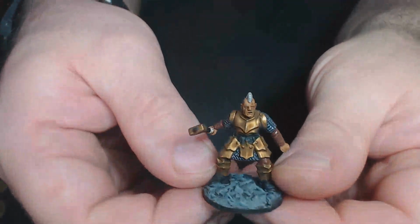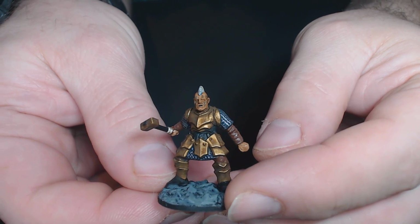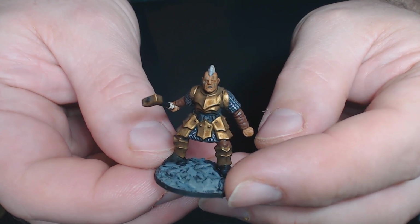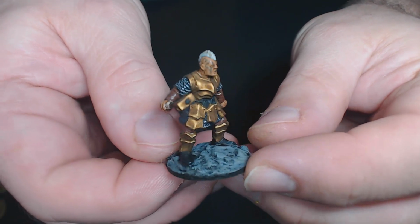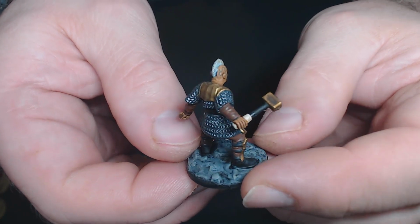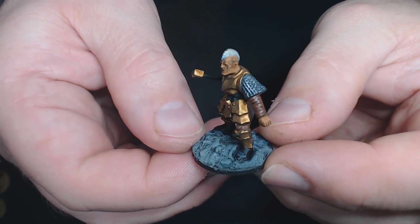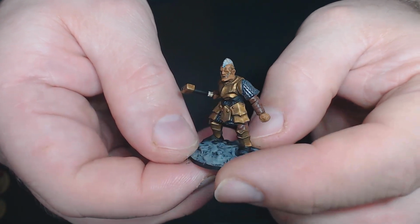So moving on from the Frostgrave boxes, we have the arms here from the Oathmark Dwarfs. I think it was the infantry set. It's not the heavy infantry, and I don't think it was the light infantry. So I think this must be the infantry set. And yeah, it worked really well. I'm not quite sure where the head came from. It might have been the Frostgrave Barbarians pack, maybe. I'm not 100% sure. I had a go at doing some tattoos on his face,